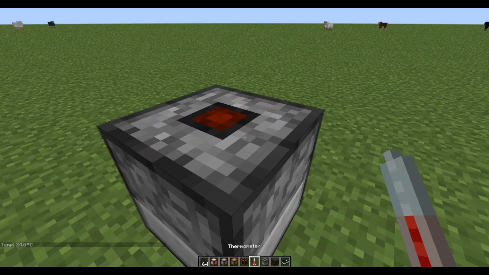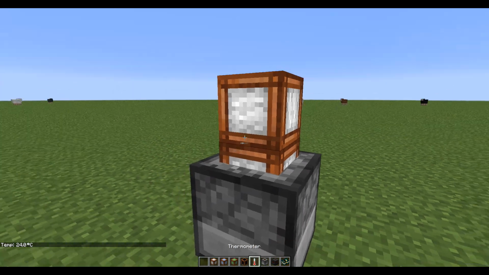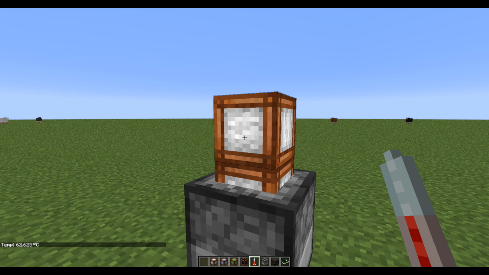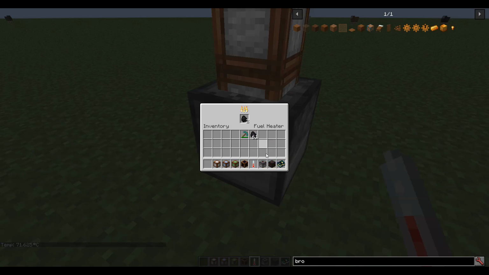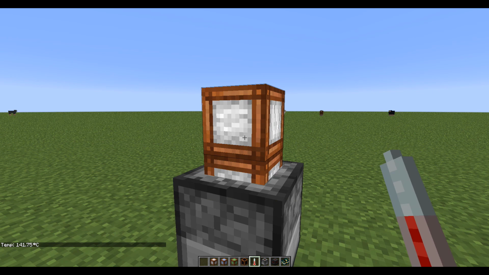So this fuel heater burns any fuel and produces heat. And this cable is going to heat up. It produces 1 degree C per tick while burning fuel, as the tooltip says. Now, if I just do this, we're going to watch the cable melt. Well, actually, it's going to burn because it's wool, but...